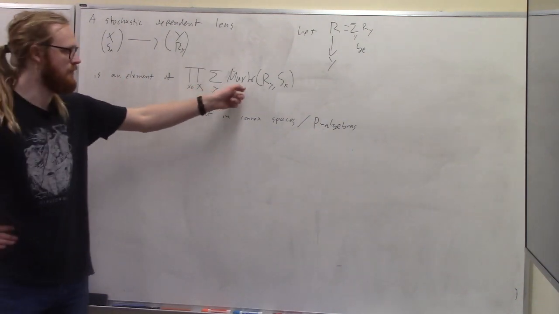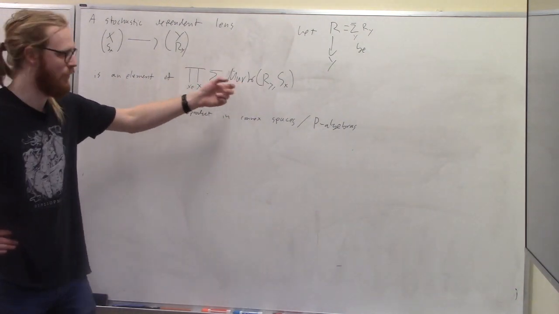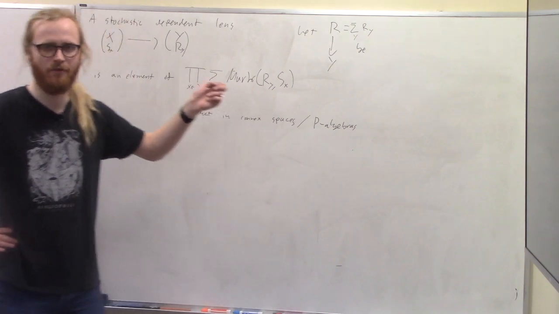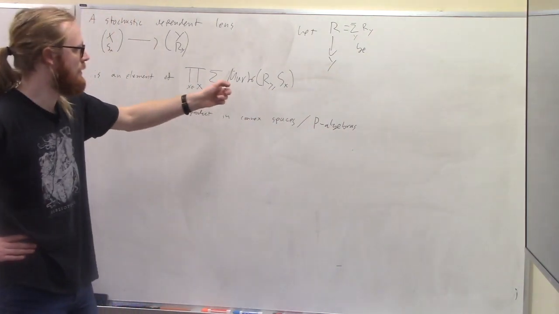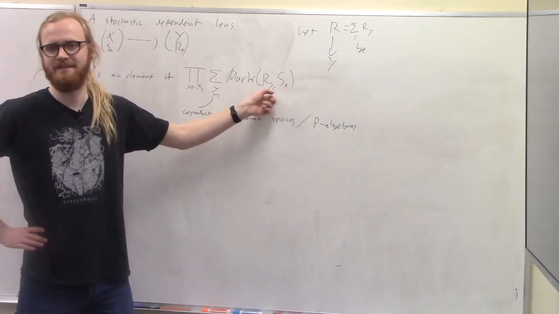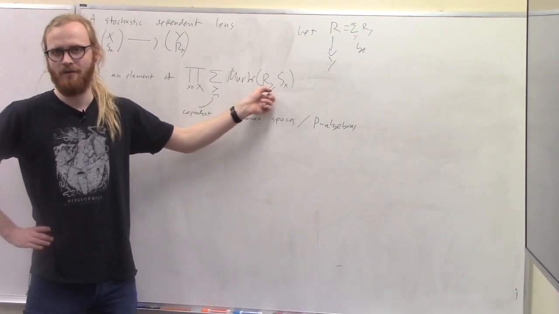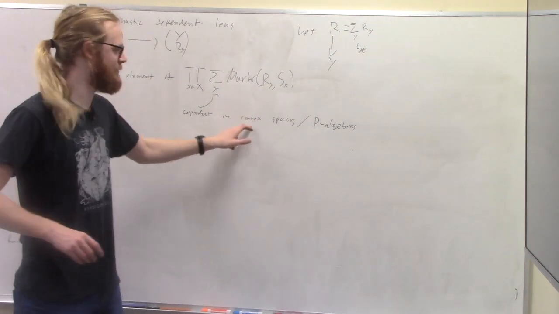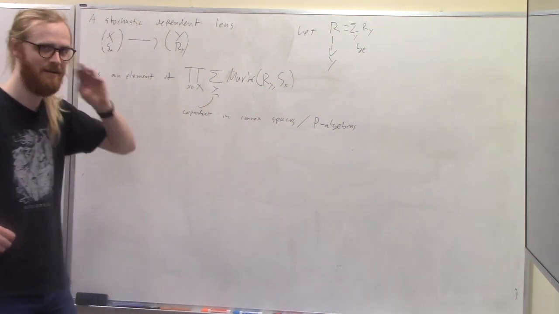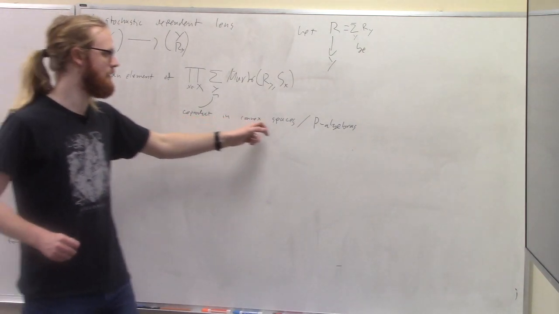These stochastic maps are also Kleisli maps for this probability monad P. And so the set of maps like this has a P algebra structure, which is not in general free. So that's why I said convex spaces and not